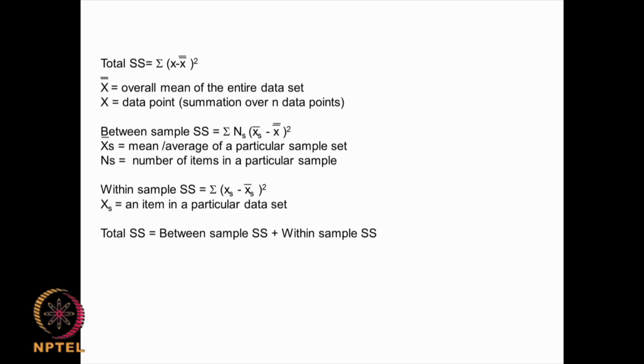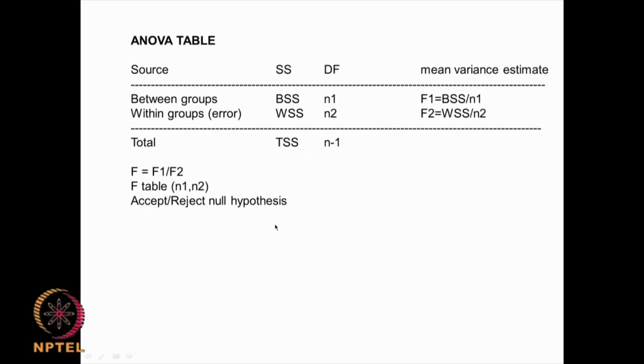That means all these 5 sets of samples come from the same population. So, the variances are equal, or the alternate could be that one of them is not equal. So, that is the alternate hypothesis. So, we can have a p value and this will be a two-tailed test. Okay, so, between sum of squares you calculate from here, and then within sum of squares, which is called an